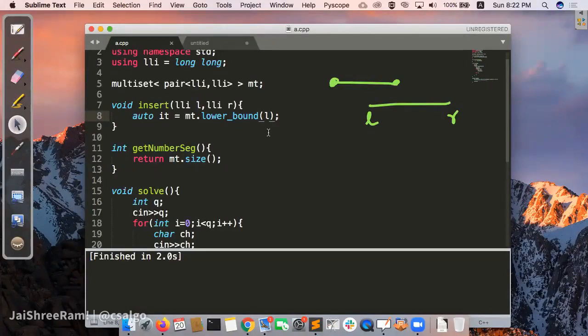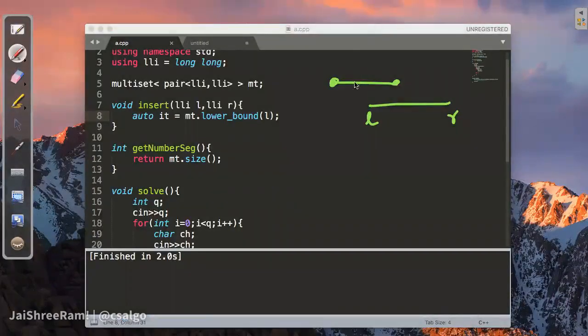What do you search for when you have from L to R in this multiset? Let's take some values: 1 to 3, and this is 0 to 2. This will work in this case, but it will fail in case numbers are negative.